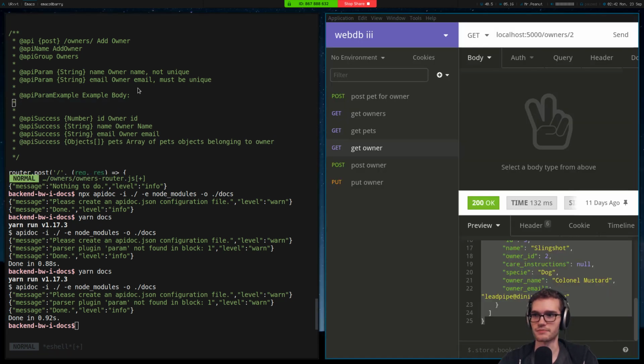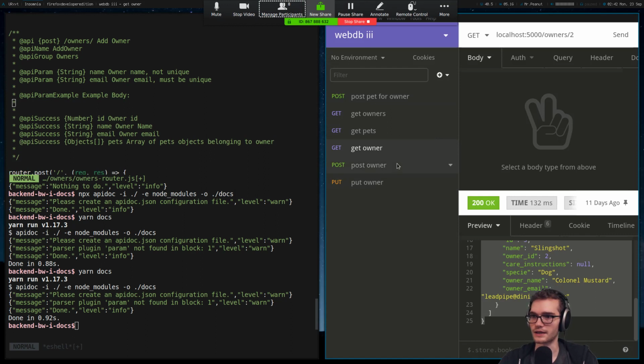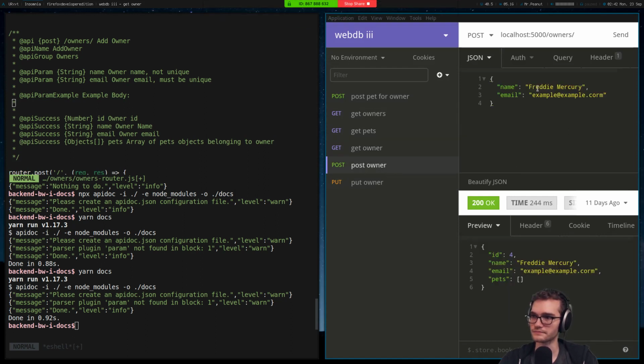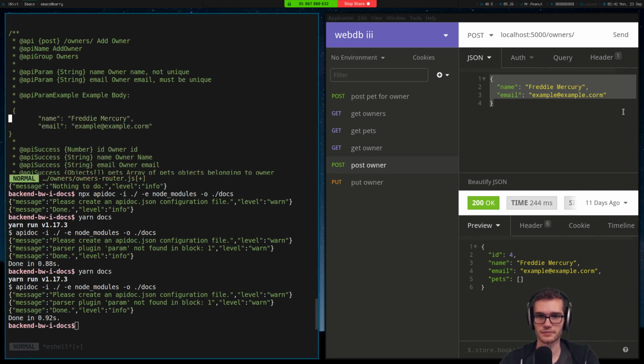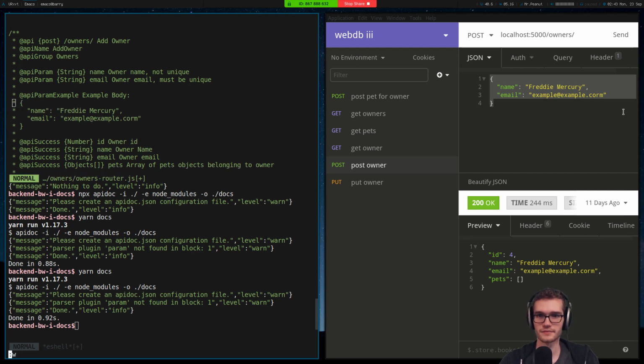So I can just pop into Postman, and I can post owner, and it's going to be Freddie Mercury. I'm going to paste that in, and then I actually want to decrease the indentation on that, so I'm going to do that. And then for each one of these lines, just get it formatted nicely. And now, when we regenerate our documentation,